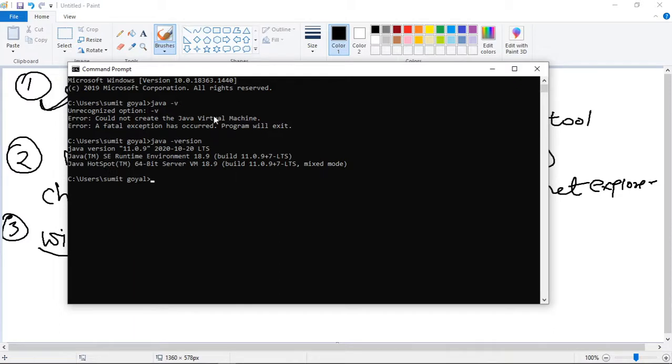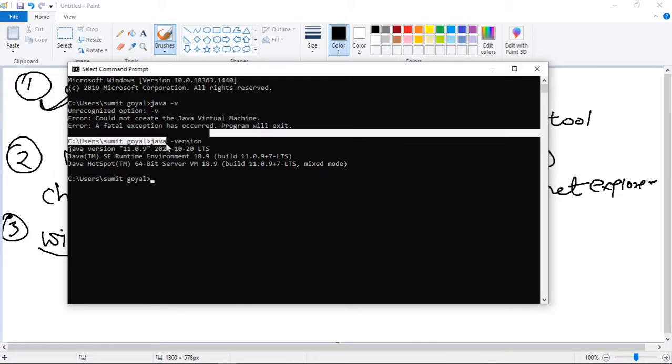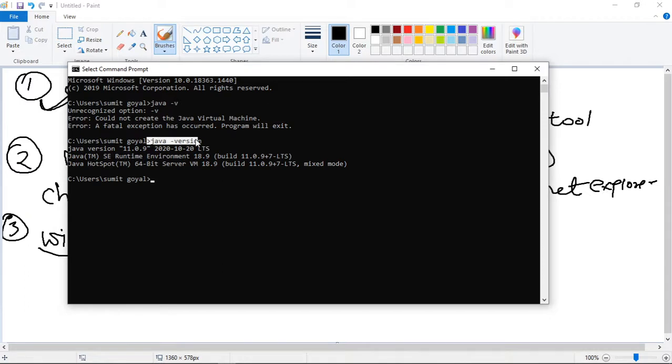Okay, so this is the correct command. If you hit this line you will see this. So this is the correct Java version I am having in my machine. So I will be sure that Java is the first thing which I require to run my Selenium test case.